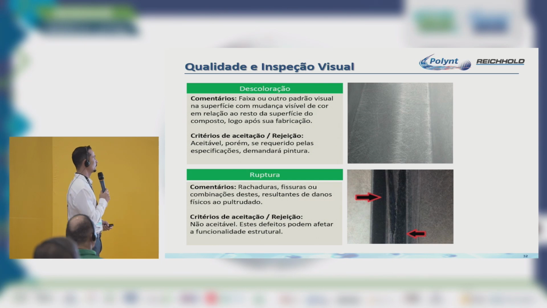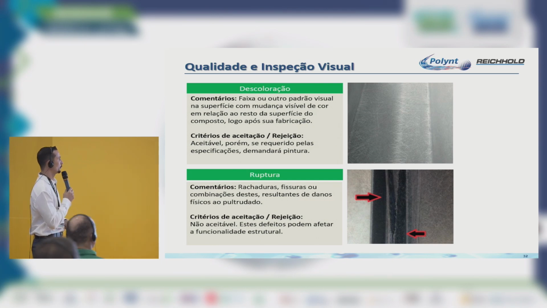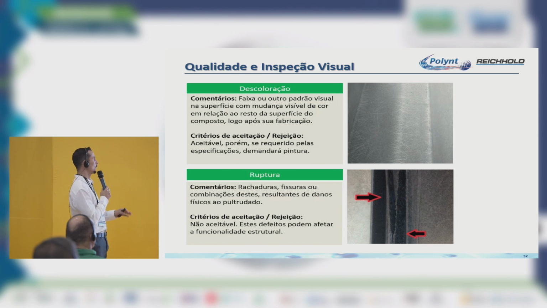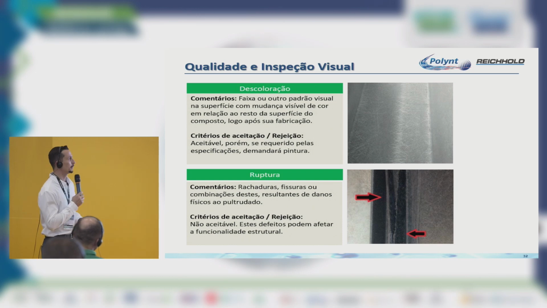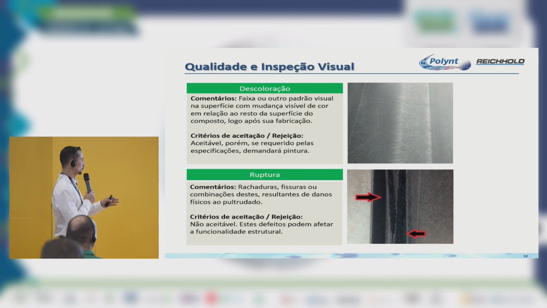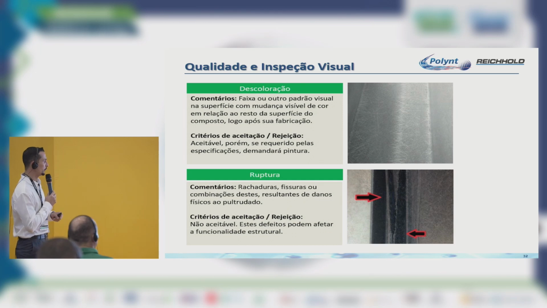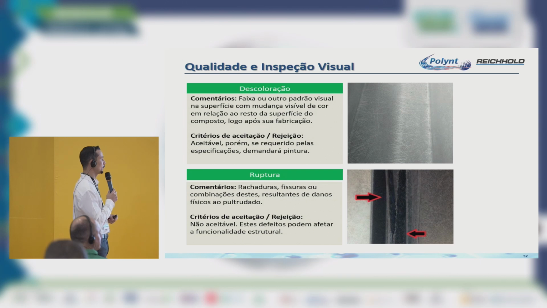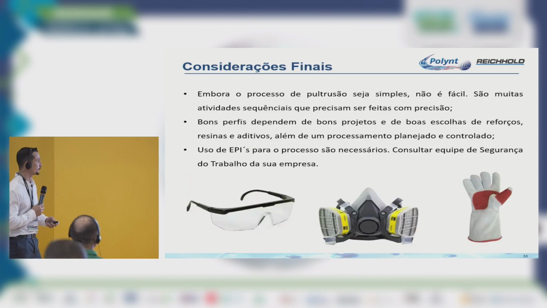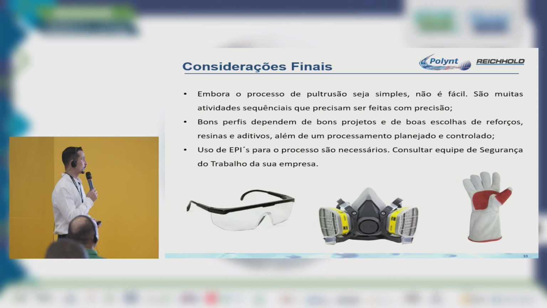Fading or discoloration. There's some stain or area which has visibly changed color straight after fabrication. It's acceptable, but depending on the case, you may need to overpaint it with PU, but it's aesthetic. Ruptures, cracks, and fissures. These are results of damage to the pultruded profile, and that's not acceptable. So just to sum up,